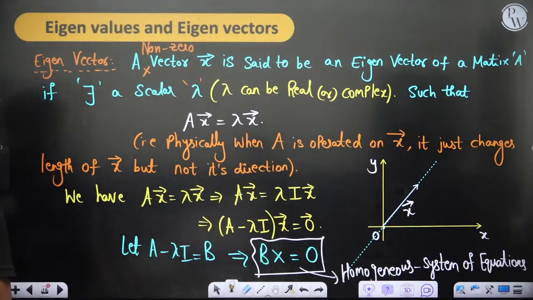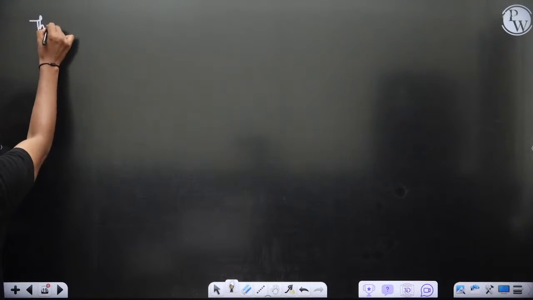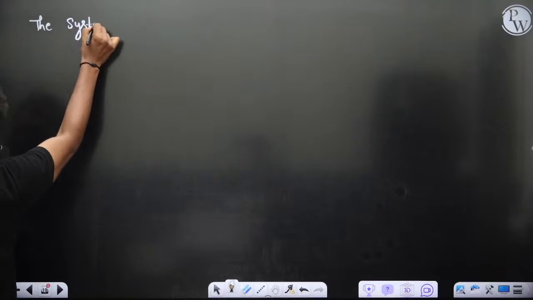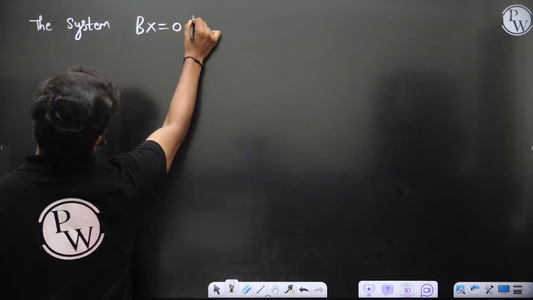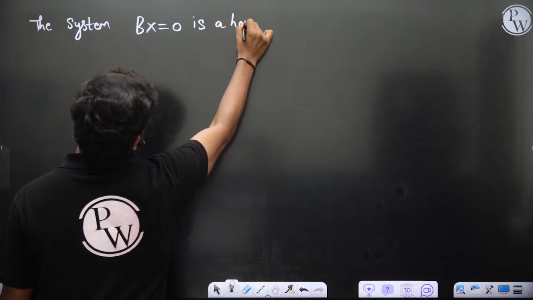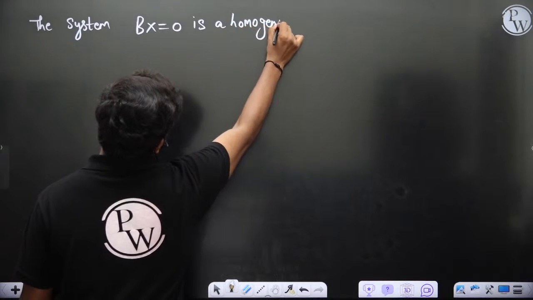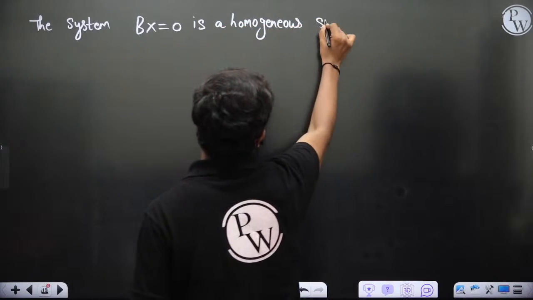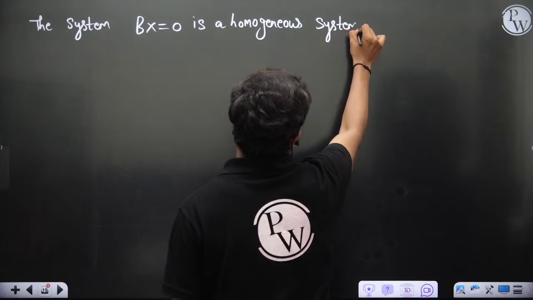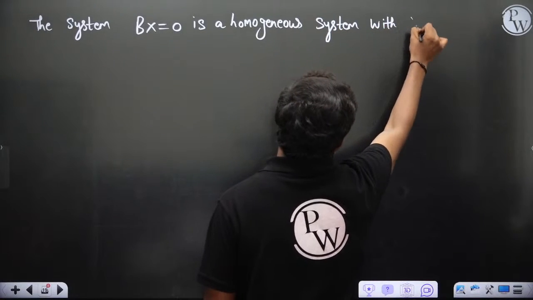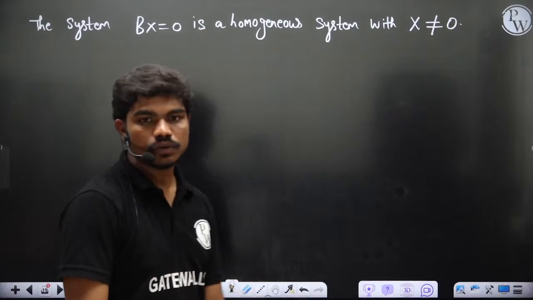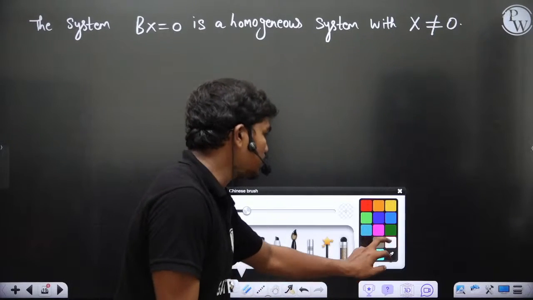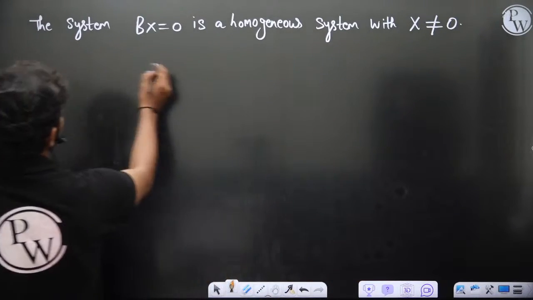This is a homogeneous system with a non-trivial solution, correct? So the system Bx is equal to 0 is a homogeneous system with x not equal to 0. If x is not equal to 0, then for this to happen,